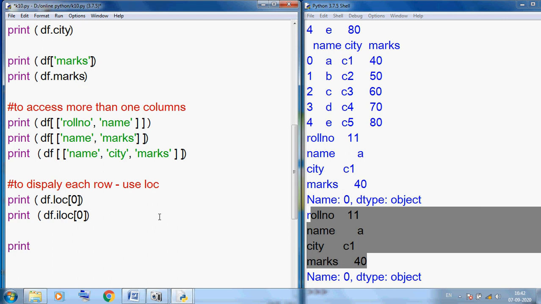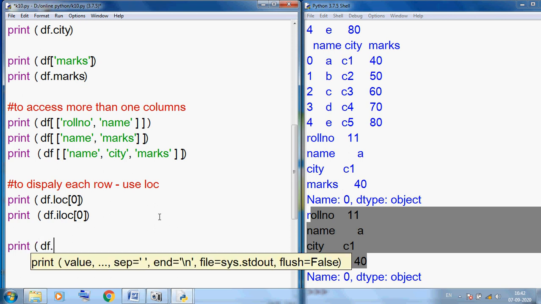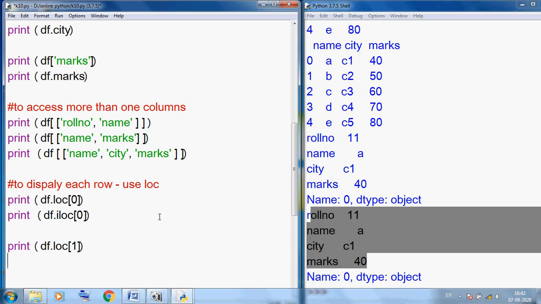Here I am using print df.loc, and here I am using 1. So you can see the second row, here I am using loc. Here it will display the subsequent row.